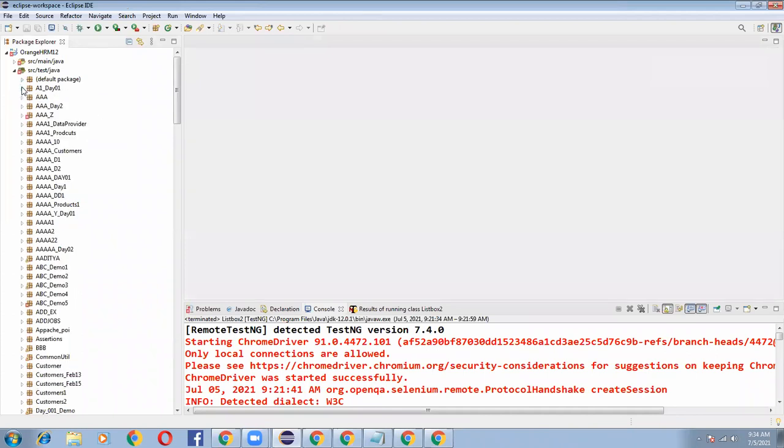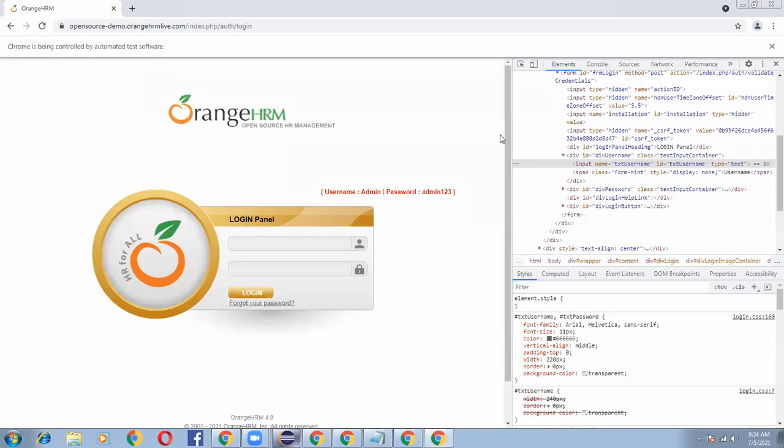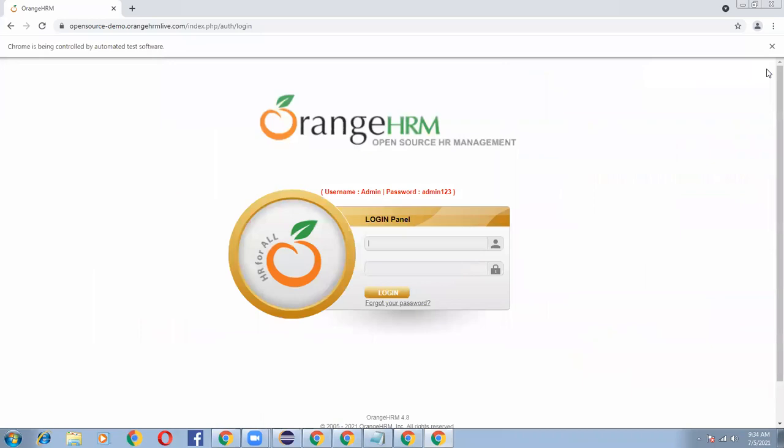Sir, another doubt. Let's say we are inspecting some other application, not Orange HRM, but some other HR web application. For that also, will there be a Java class? You can maintain n number of applications' XPaths.